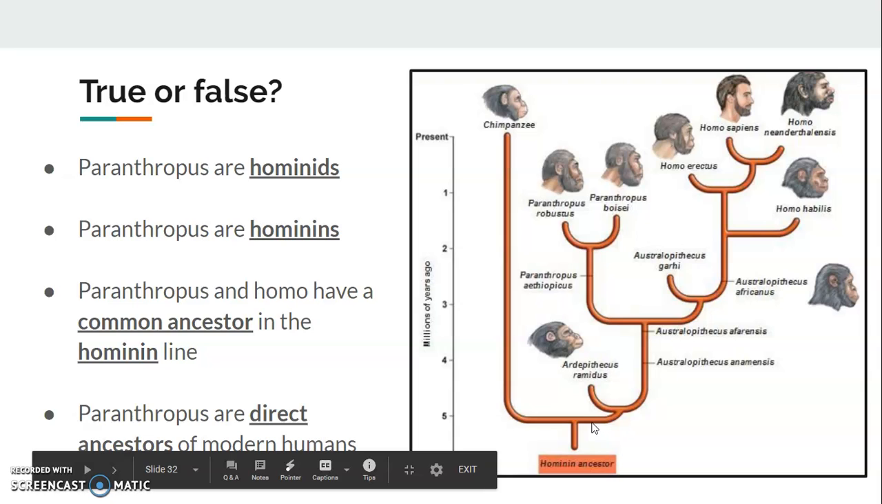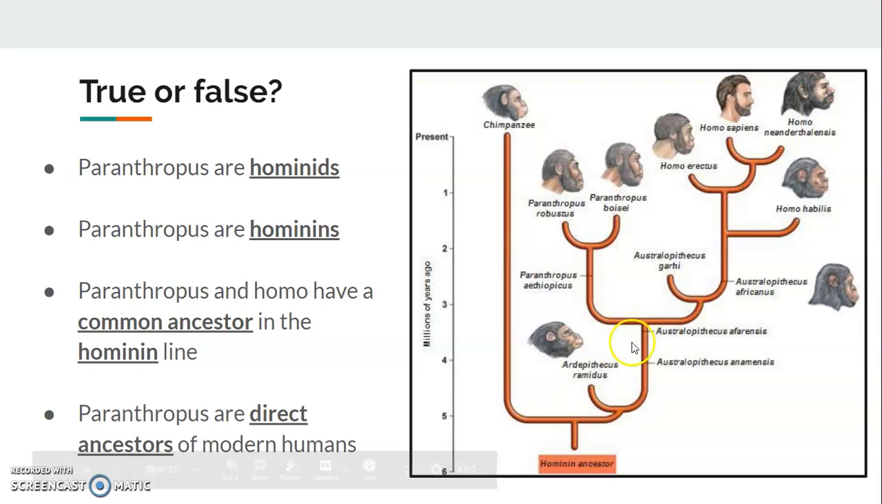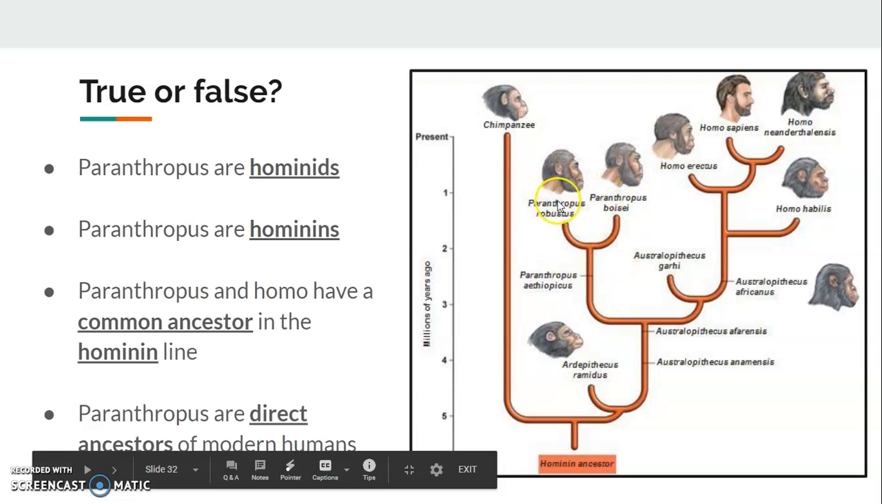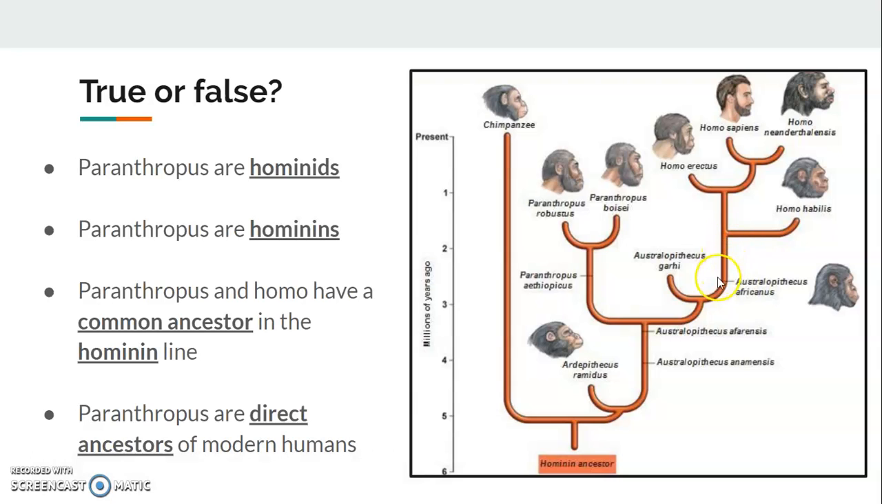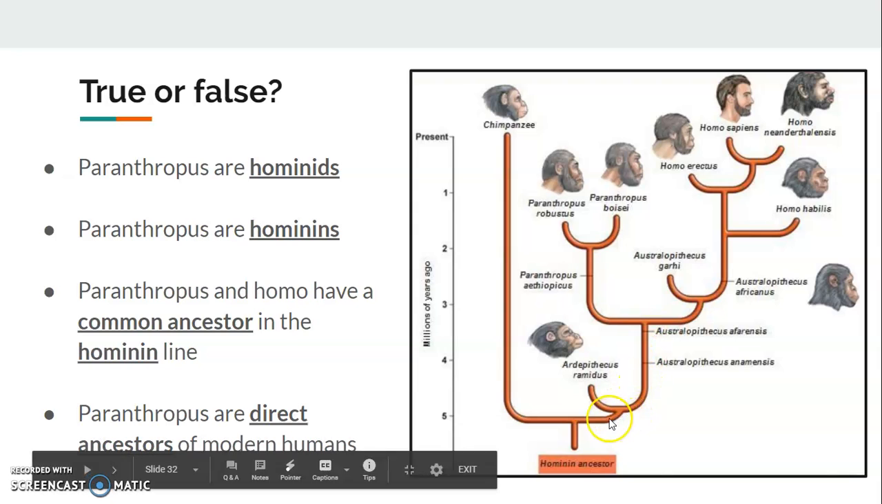Paranthropus and Homo have a common ancestor in the hominin line. So if we work backwards from the Paranthropus genus and the Homo genus, our most recent common ancestor is here. Okay, the last time that our lines were connected. And yes, this ancestor here is a hominin itself. Okay, so it's along this line here. So yes, true. Another common ancestor we have is here, another one